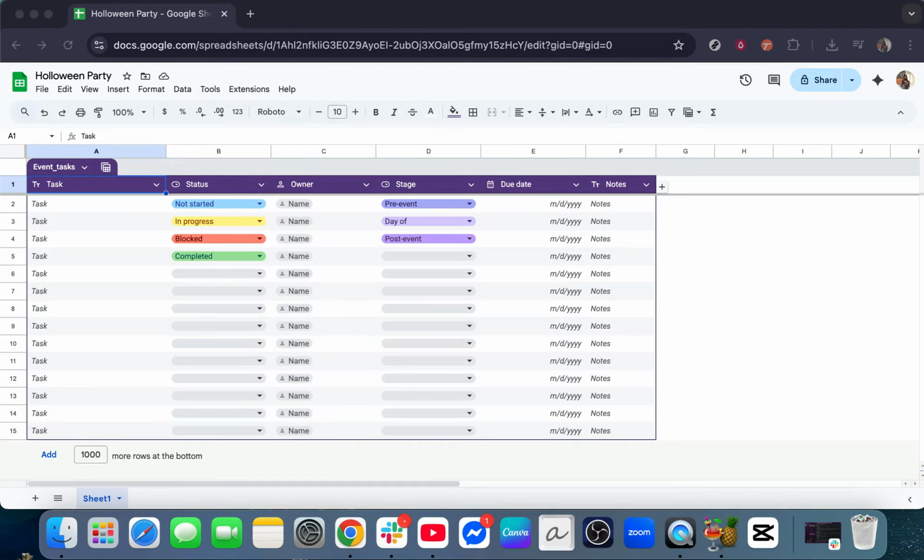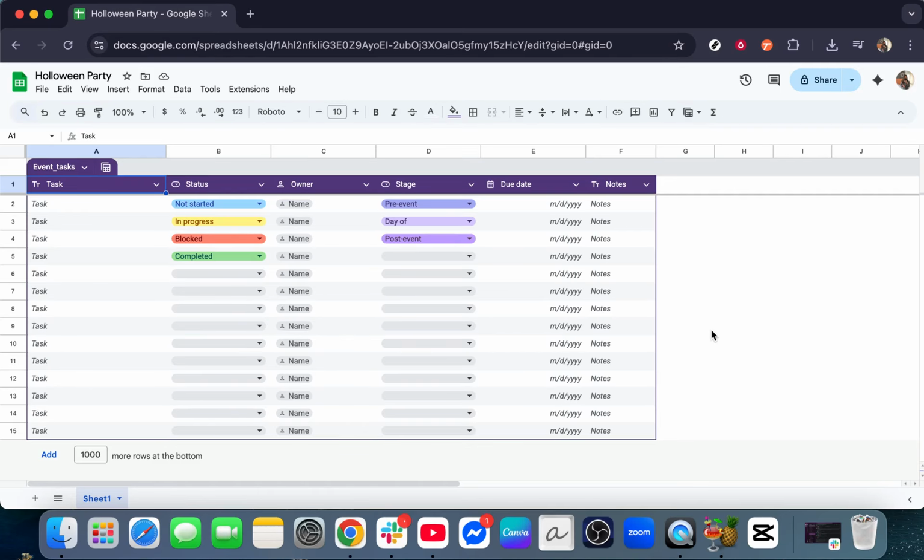In today's video, I'm going to teach you how to create an app-like shortcut for Google Sheets that will open in its dedicated window. This means you can access your Google Sheets directly without the clutter of your main browser, making it feel just like an app on your computer. This method can be particularly handy if you frequently use Google Sheets and want a quicker, more streamlined way to